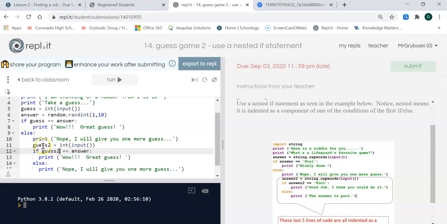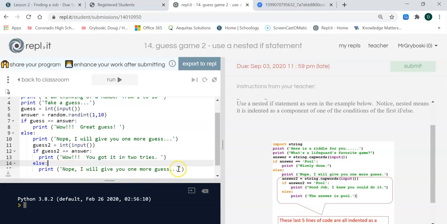If they get it wrong, the blinking cursor pops up because it's an input command, and it says, okay, guess again. And it lets them guess. They type in another number. Now we evaluate. Is that new number they typed in, the guess, equal to the answer, the old answer, the random number? If it is, hey, good job, you got it in 2 tries. I could have said something like, wow. 2 tries. Gives a little different flavor to the answer because here they got it. Maybe we could put you got it in the first try. Anyway,